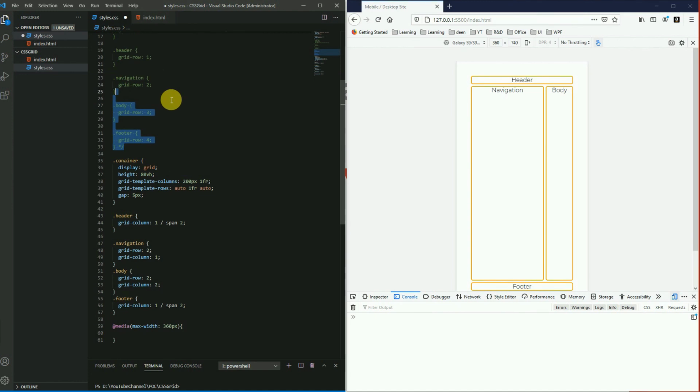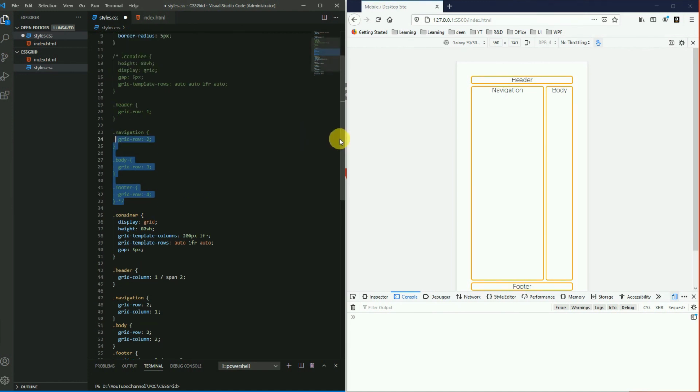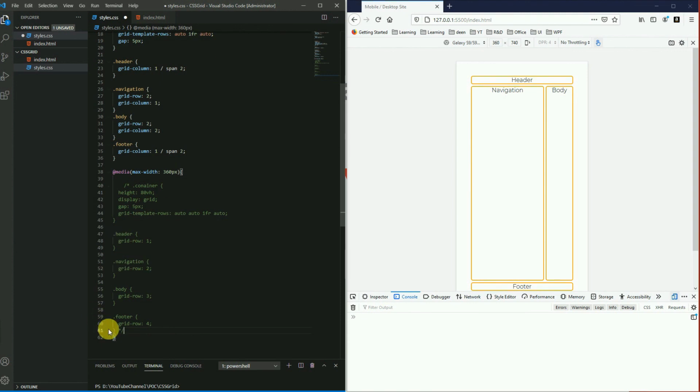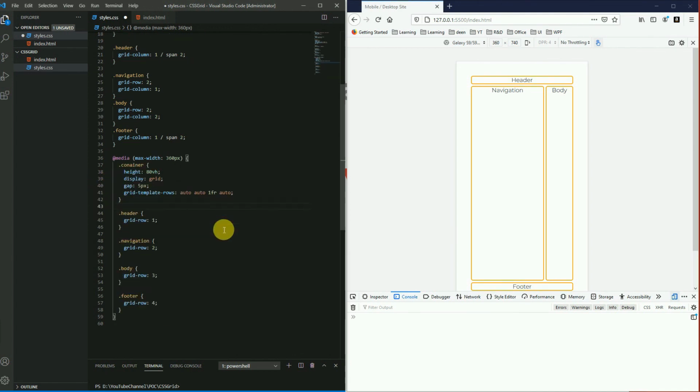We saw that in our first layout we designed this structure. So we just need to put those commented lines here in this media query and uncomment those changes. I've just uncommented those changes and saved.